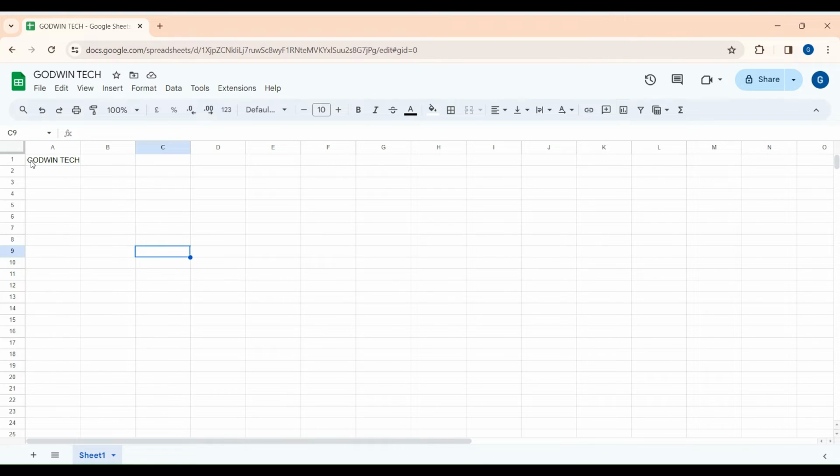Here you can see this as Godwin Tech. But I want to change this name. I want to call it Godwin Tech Academy before we then have other information we need to work with on this spreadsheet. So I will double click here and then I will type academy, which after I click out, you can see this information was typed in cell A1, but it appears as if it goes into this